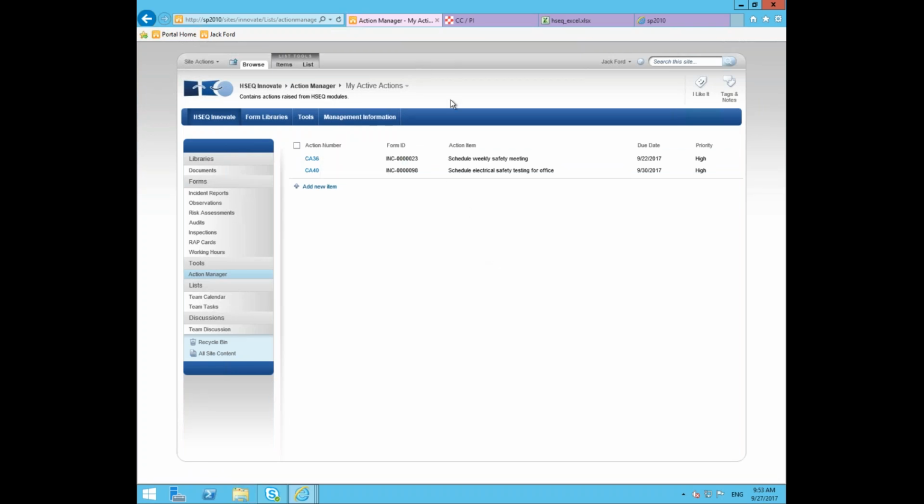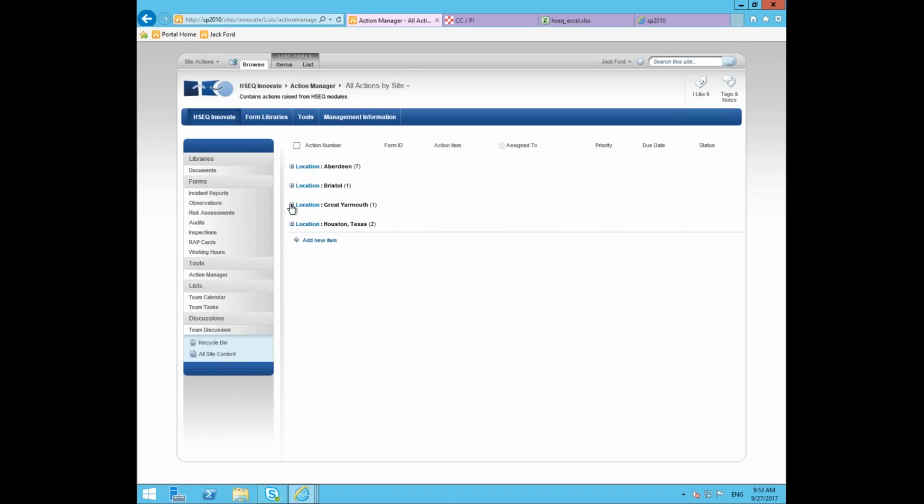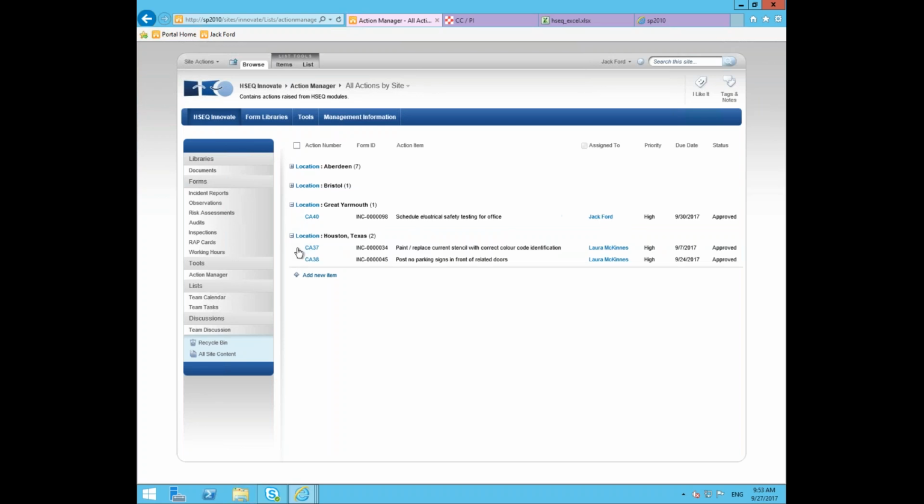By default, I'm shown the My Active Actions view. Because I'm logged into SharePoint as this particular person here, Jack Ford, I'm seeing Jack's outstanding action list. So I have 2 actions to complete. However, using SharePoint views, you can easily see different sets of data according to your requirements. So for example, if I want to see all open actions within the system, I could easily go to the All Actions by Site view,